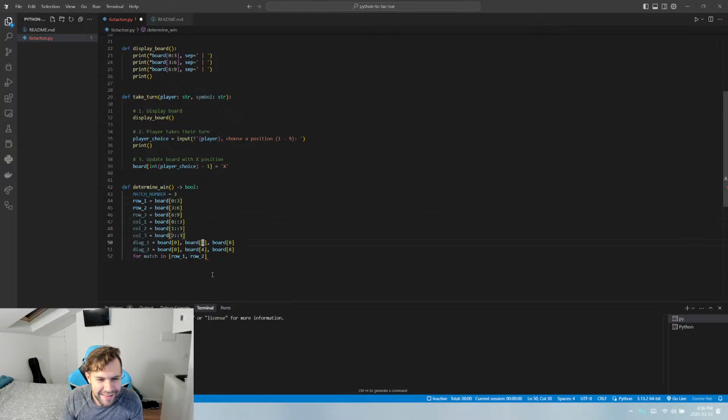There's got to be a better way. Row 3, column 1, column 2, column 3, diag 1, diag 2. Right. We're just going to call this for row, because we could call it trifecta, we could call it whatever. So for row, in all of those, we need to check